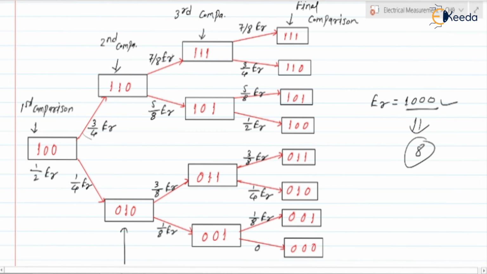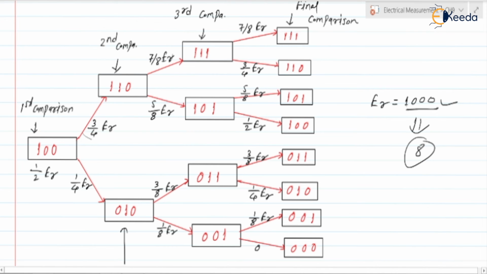So if you check here, first of all the reference voltage is divided into 50%. Next, the remaining 50% is again divided as 3/4 ER and 1/4 ER. Again it is divided as 7/8 ER and 5/8 ER. So it is like an approximation only. In order to get the final value,